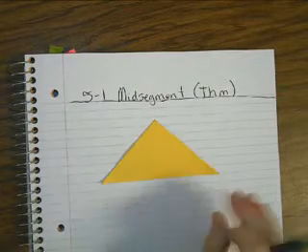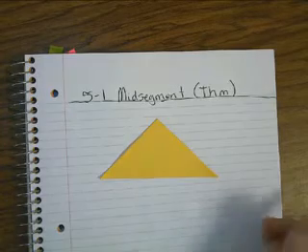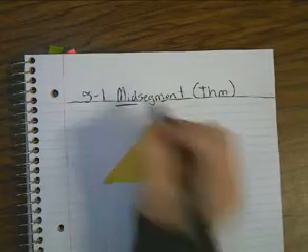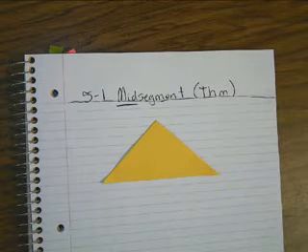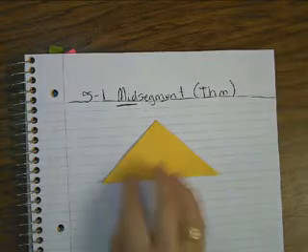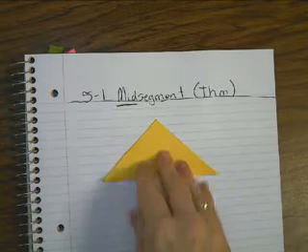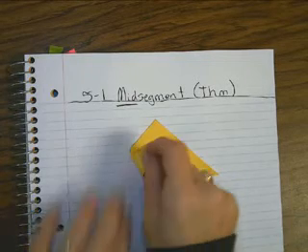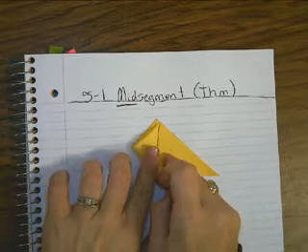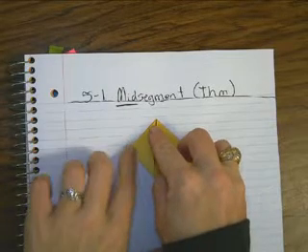Alright, let's talk about triangles. How do you create a mid-segment? You've heard the word mid before. Midpoint. We're going to be using midpoint to find our mid-segment. So I'm going to do a paper folding activity to show you what a mid-segment is and to demonstrate the theorem. Alright, to find a midpoint using paper folding, you just take one corner and fold it up to the other corner. Pinch it off,